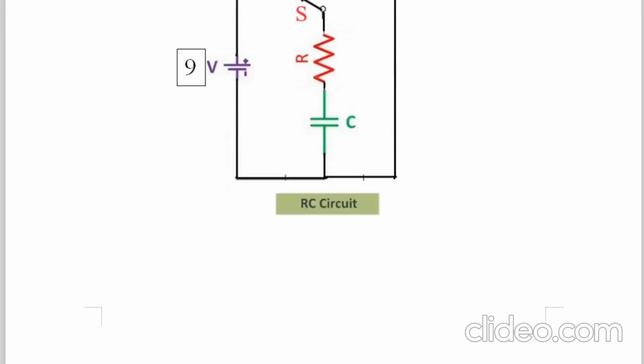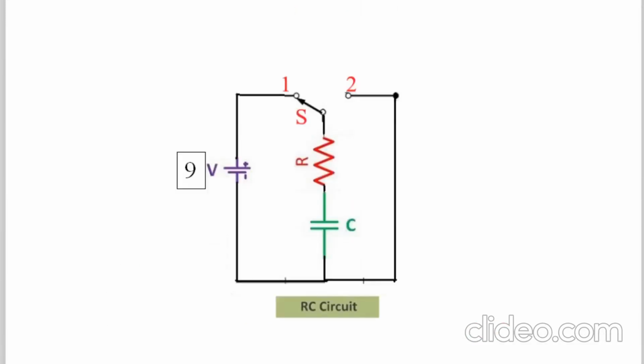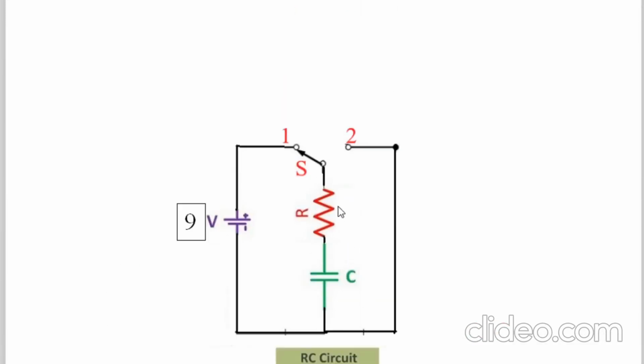Again, remember, if it is charged to 9 volt, discharging will start from 9 volt, and discharging will also take place exponentially. So capacitor will discharge exponentially, capacitor will charge exponentially. And in case of astable multivibrator circuit, we are going to charge the capacitor C through the resistor R only. So this circuit only we are using, but instead of this 9 volt power supply, we are connecting this terminal to the output of the op amp, which is equal to Vout.